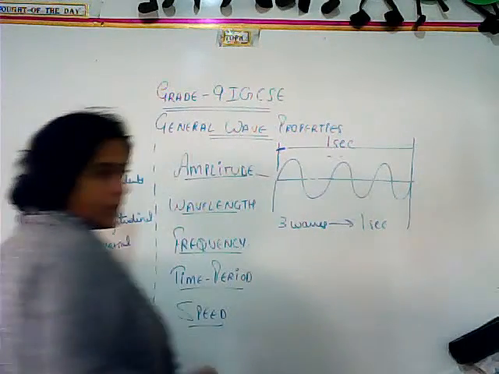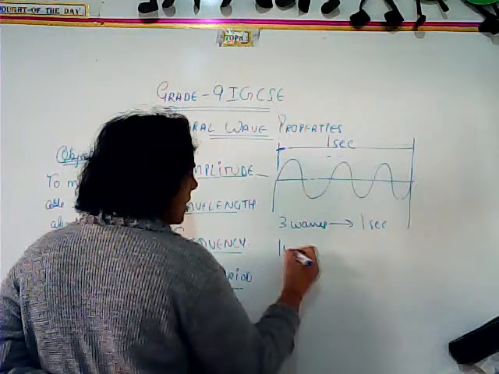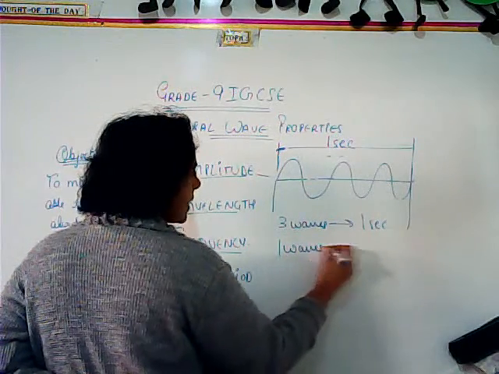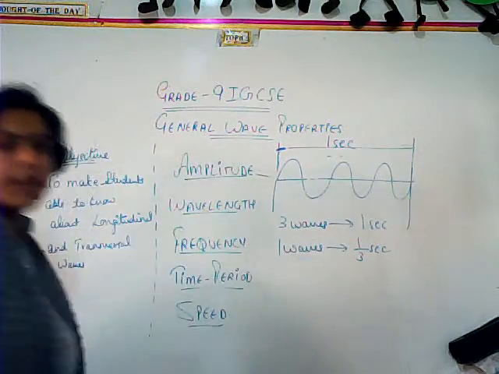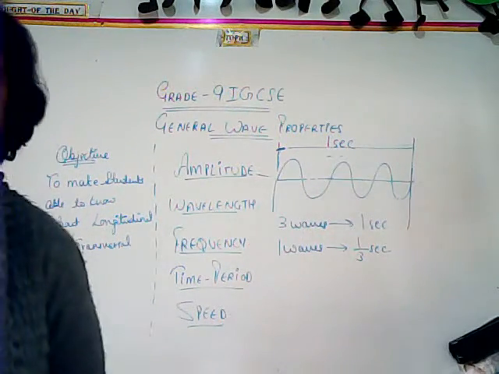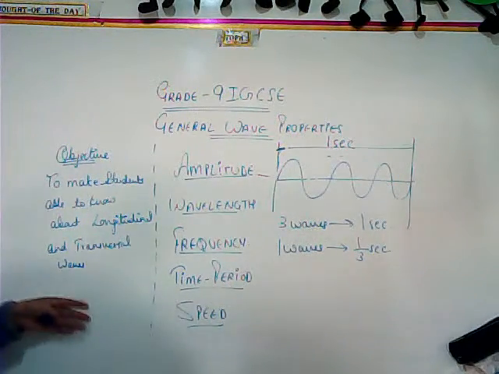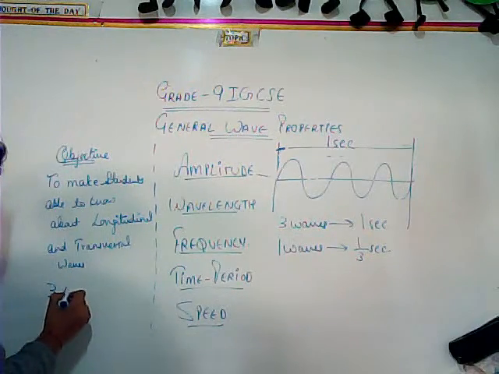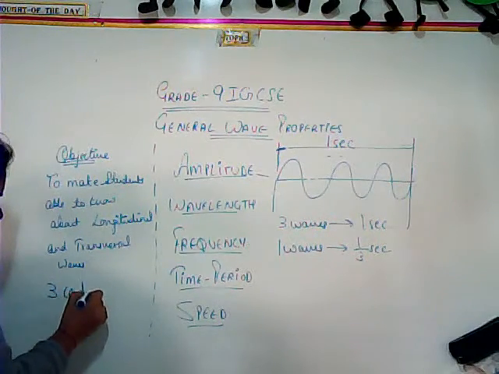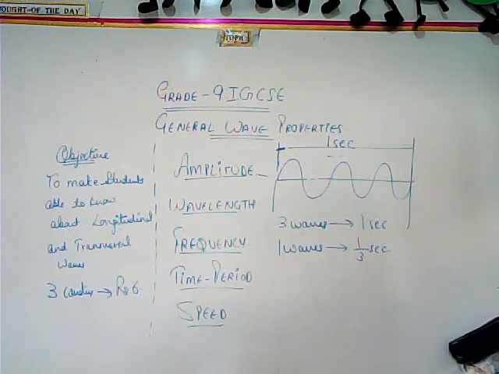In 1 second. 3 waves pass in 1 second. It took 1 second to pass 3 waves. So 1 wave passes in 1 by 3 seconds. How much will it take to pass one wave? 1 divided by 3 seconds. For example, let's have an example over here. You have 3 candies of rupees. 1 candy is of how much? So 1